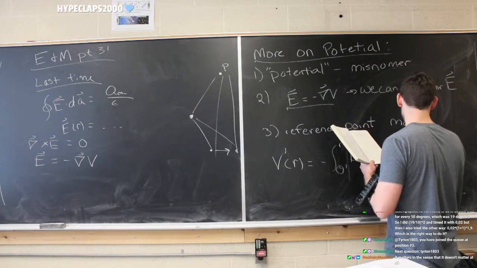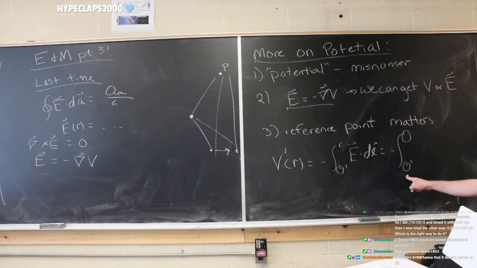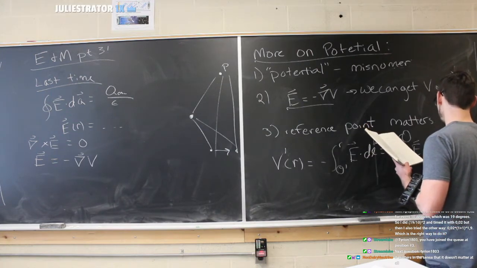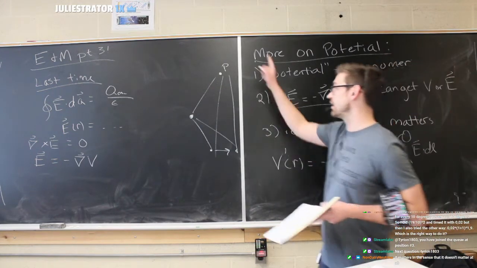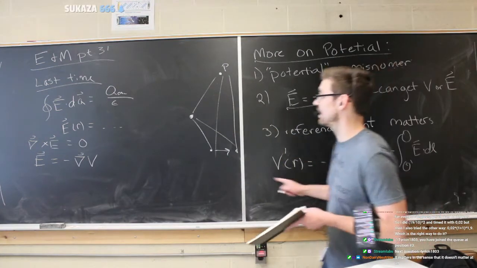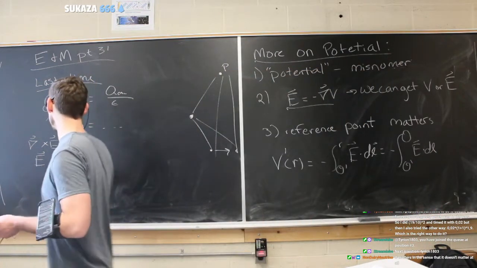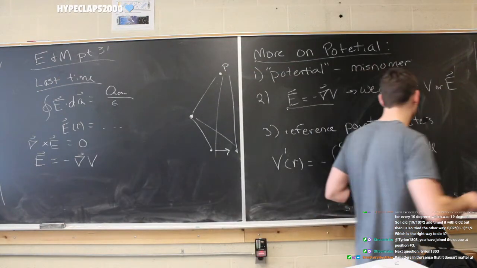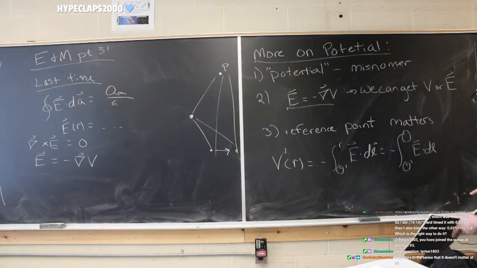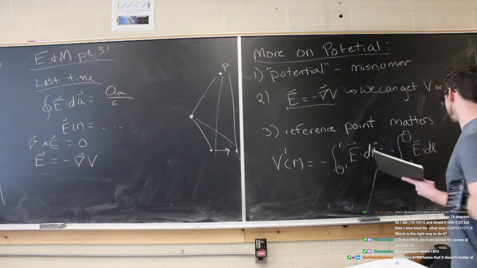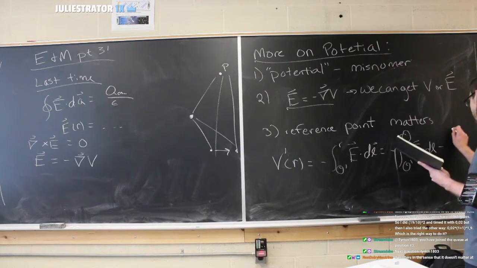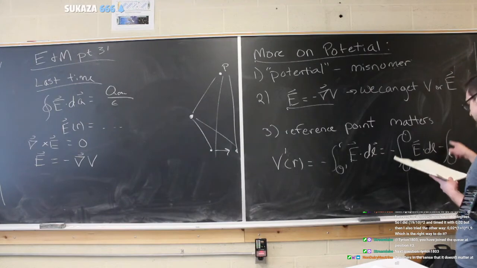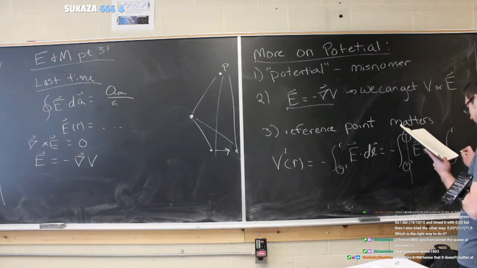We're going to split that integral up into two integrals. So we'll go from the new origin to the old origin of E dot dl, and basically just extend the line now. Because remember, the whole point of this was to talk about how, as long as the curl is zero, the line integral doesn't change, and finding that out was very important. So that means we can split this up into two integrals. Now we have a new integral from our old origin back to our point of interest.